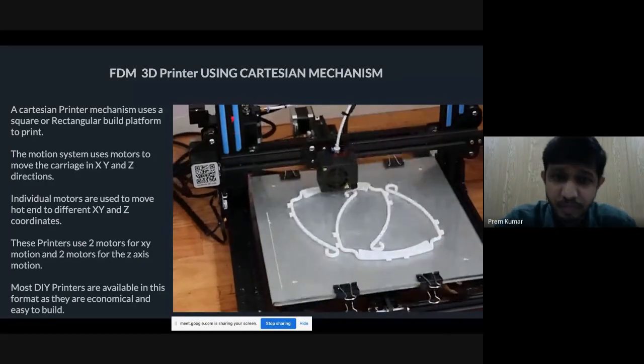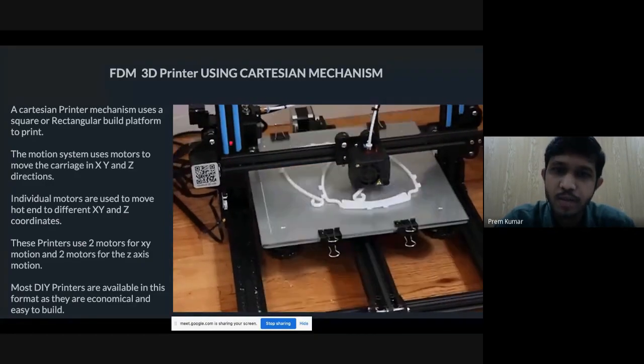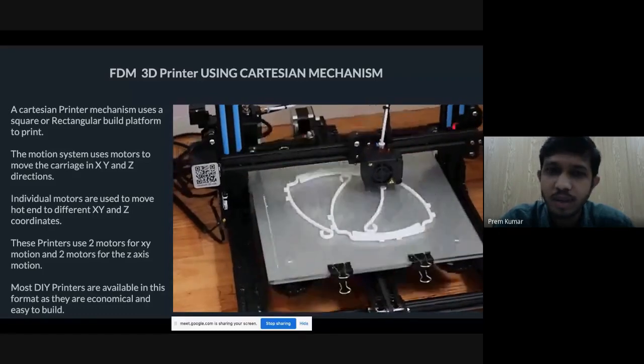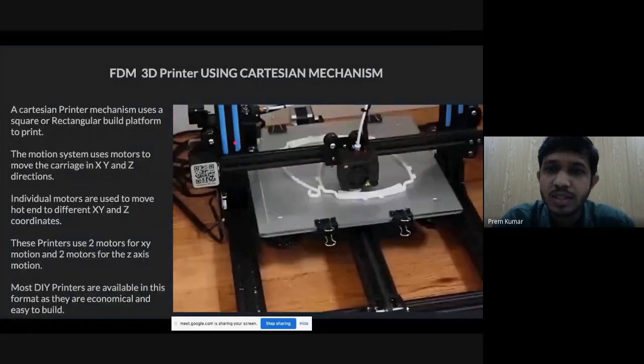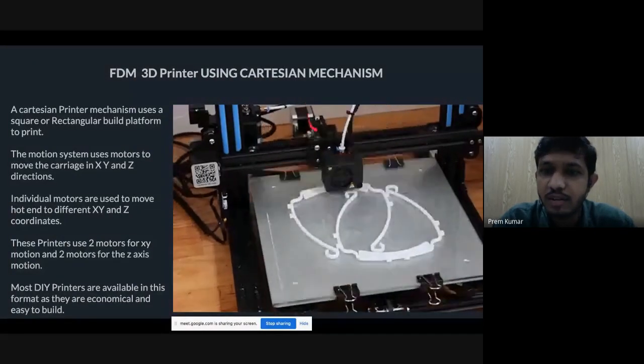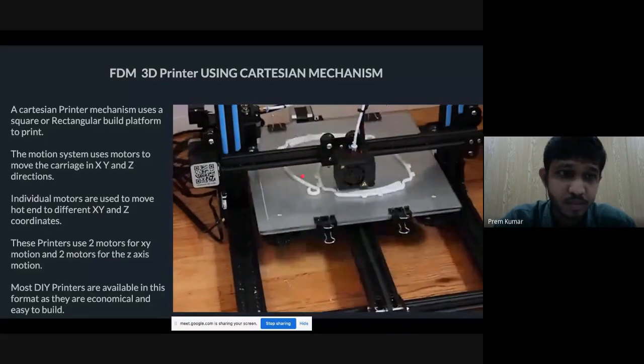And then this z-axis movement is made possible by using 2 different motors which are mounted behind this column here and here. So this entire carriage system will move upward once the print layer is completed.